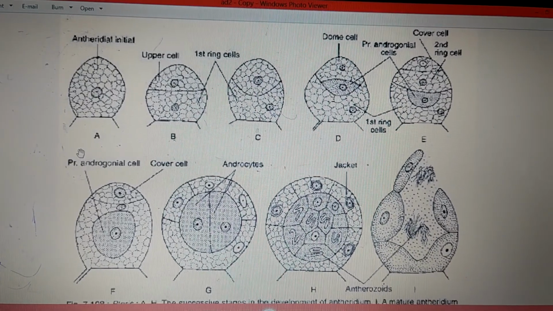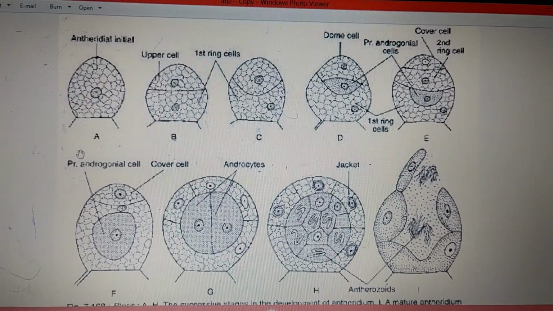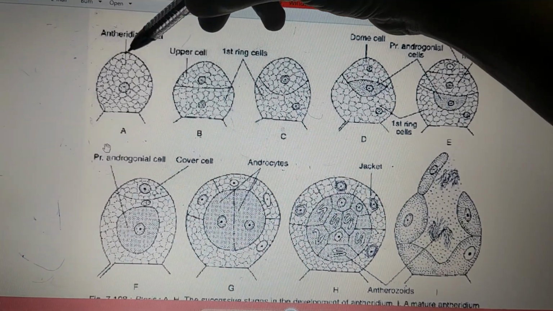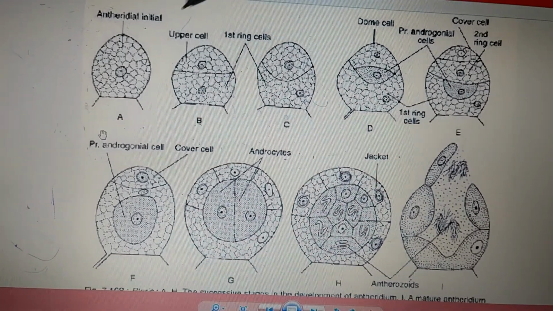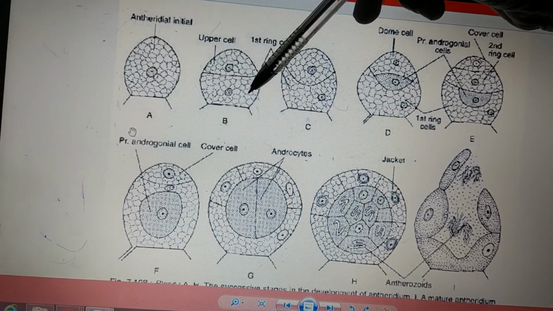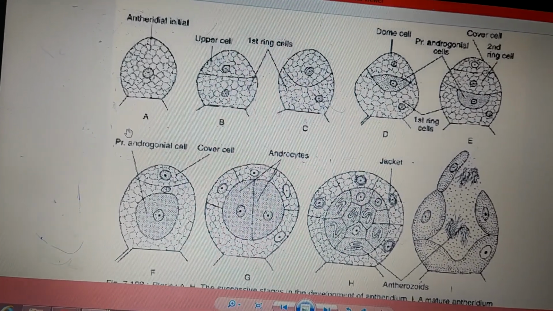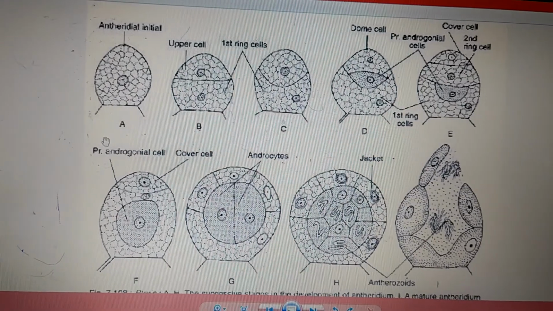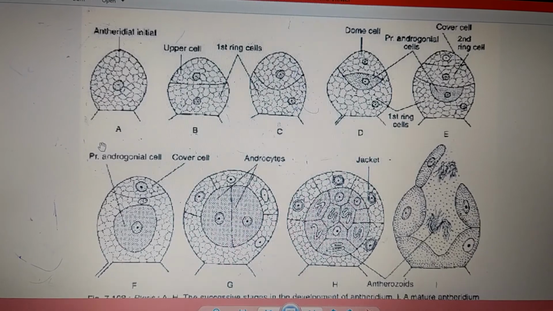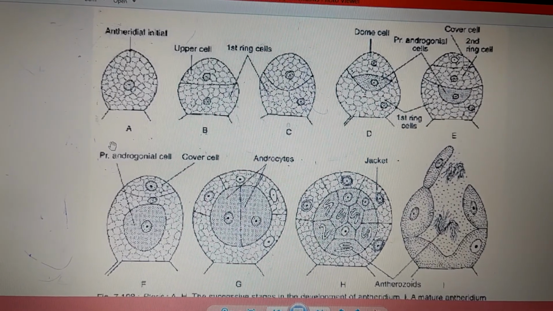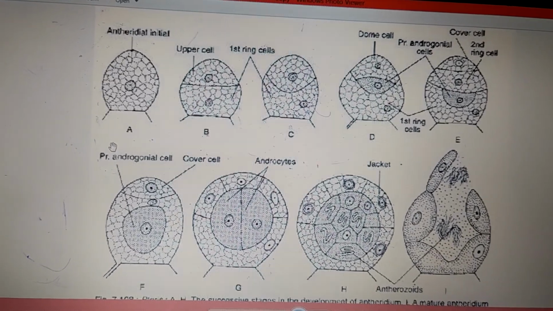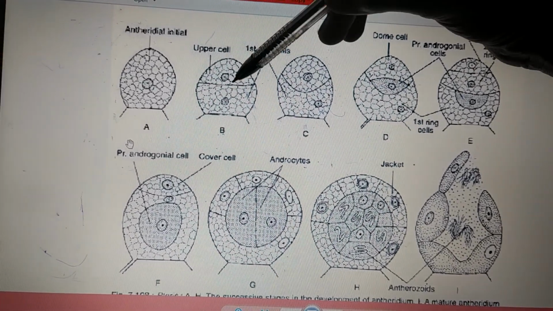below the archegonia. So, one of the cells in that portion gets activated. Such a cell we will be calling the antheridial initial cell. Now this antheridial initial cell will undergo a periclinal division, leading to formation of two cells, the upper cell and the lower one as first ring cells. Now in successive stages there is a formation of some more ring cells, cover cells. These ring cells and cover cells together are going to divide and form a single layered jacket of the antheridium, which we'll be discussing very soon.